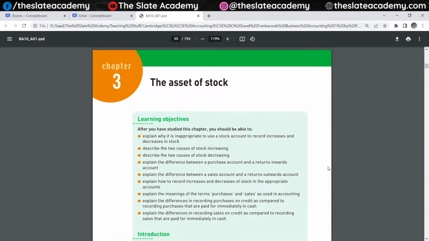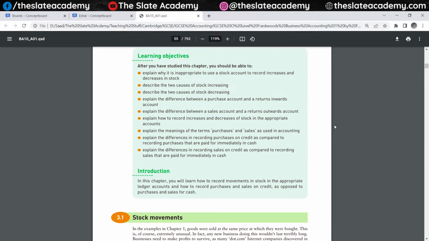So, the next thing that we have to learn the accounting for is the asset of stock. First of all, what is stock? Stock, goods or inventory. These are the items selling which is your main business. So, for example, if I'm running a stationery shop, all the stationery that I've got, all the different items, the notebooks, the pencils, the pens, the other types of stationery, sticky notes, and everything that I've got for sale,